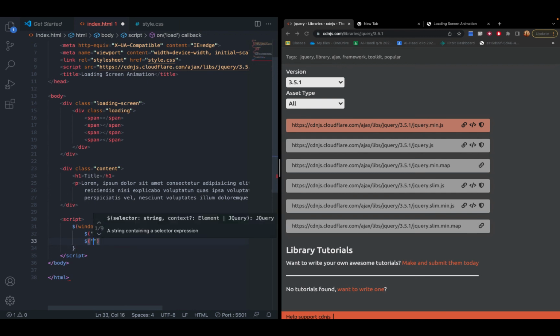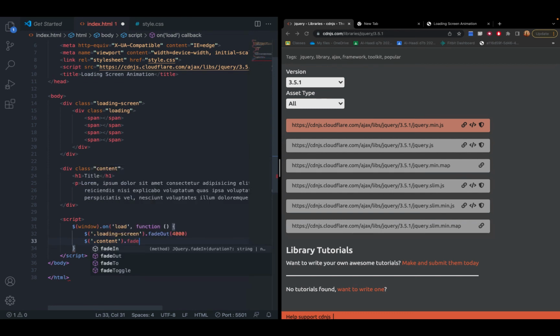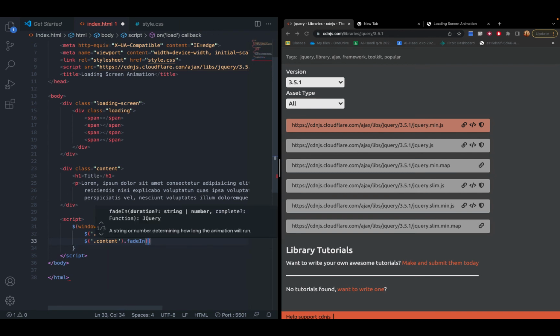This time we'll do dot content, and then we will again do dot, instead of fadeOut we want to fadeIn, and we want to fade in a bit quicker, so let's do 1,000. Now we can close that, add a semicolon,